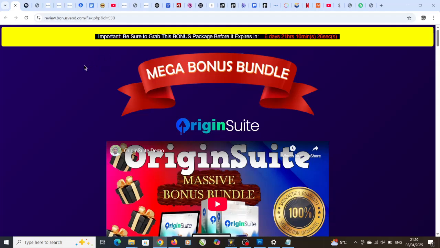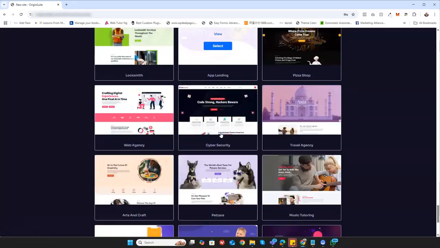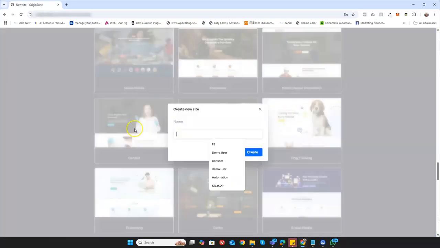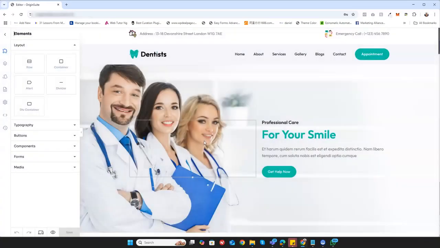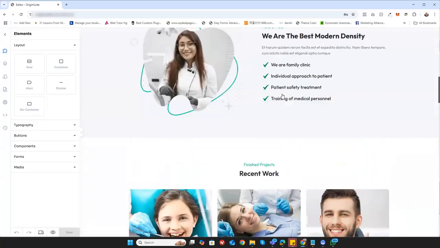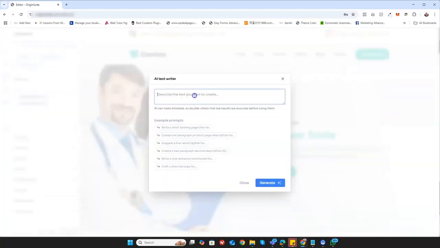Eastern Time. OriginSuite, in a nutshell, is a collection of tools that everyone basically needs for marketing. So you are going to be getting access in one dashboard to a funnel builder, so you can basically set up your funnels. You are going to be getting access to a ton of templates that you can easily customize with AI, and